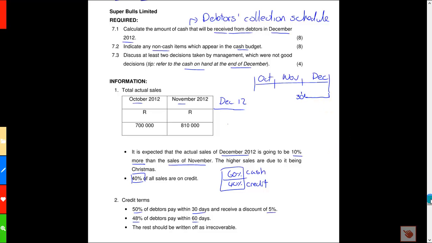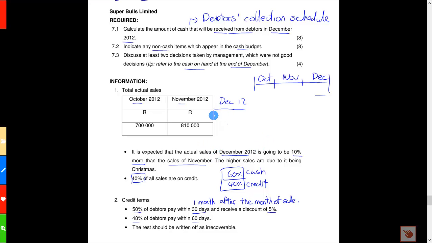So a more clear way to have put this would have been to say 50% of debtors pay within 1 month after the month of sale. That would have given us a clearer indication as to exactly which month we will receive the cash from the debtors. Right now it's a little bit open to interpretation, and I've seen it being interpreted in either way in different exam questions. So best would be to state your assumption in the question very clearly and to say that you assume that most of the sales are made near the end of November, and therefore most of the November sales collected within 30 days would be collected in December. Alright,